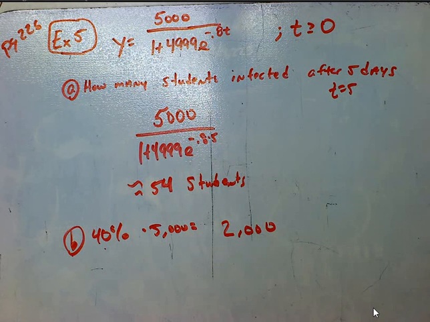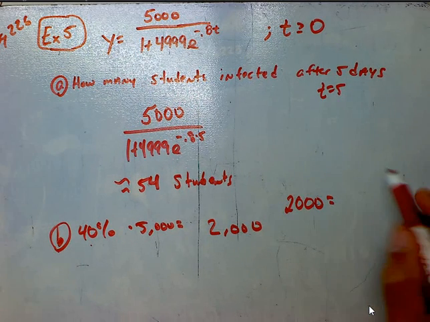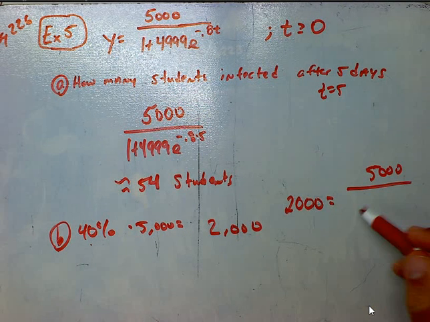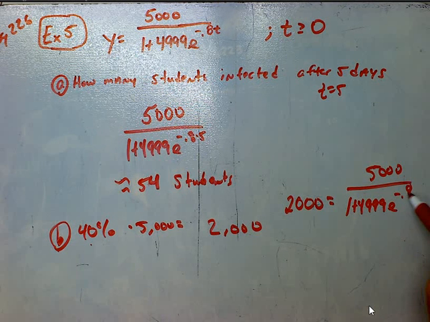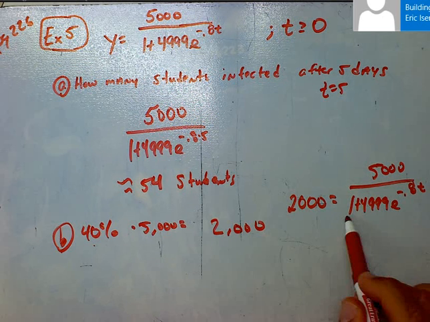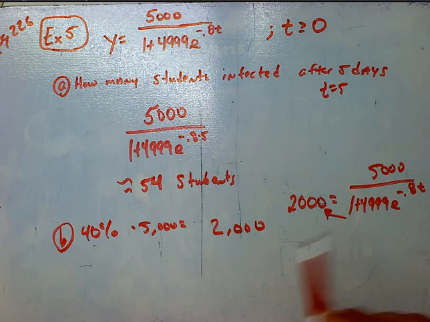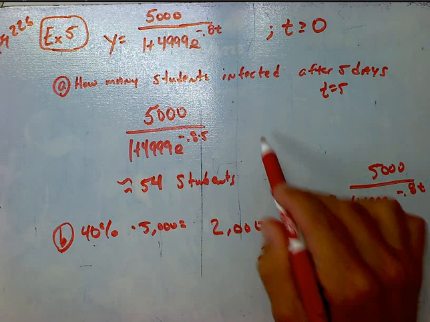So I'm going to put 2,000 in for y this time. And so 5,000 over 1 plus 4,999 e to the negative 0.8 t. And we've got to be able to solve this thing for t. Okay. Well, the first step I'm going to do is I'm essentially going to cross multiply, meaning I'm going to multiply the bottom times 2,000. So 2,000 times 1 is just 2,000. And then plus,